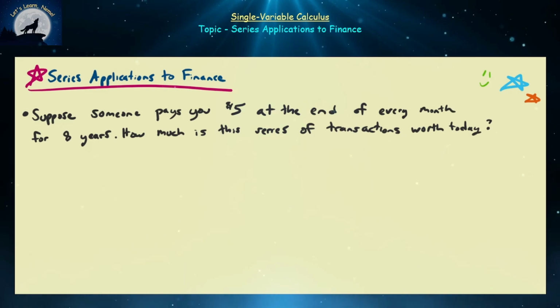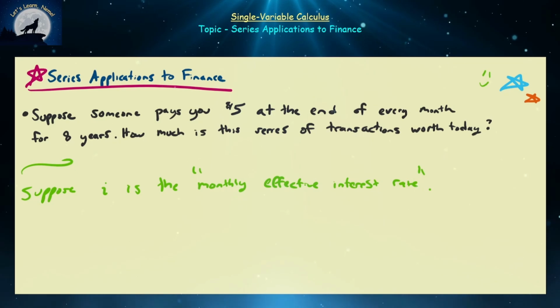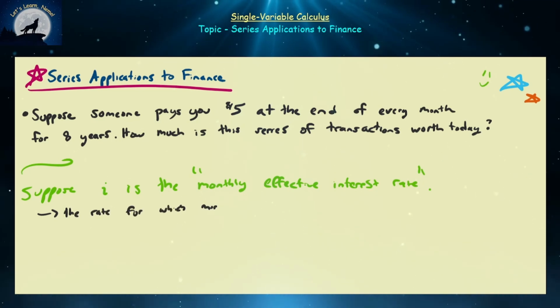So let's suppose that I is the monthly effective interest rate. And you might be thinking, what exactly is a monthly effective interest rate? So in short, and there are fancier, more formal terms in the finance world, but this is pretty much the rate at which money increases in value